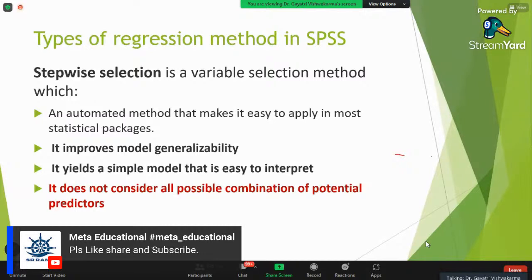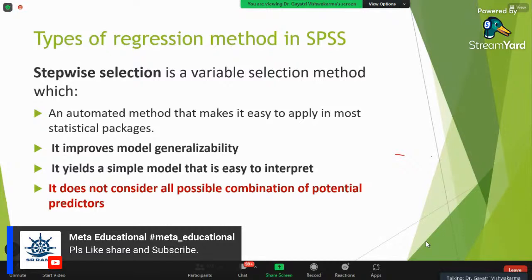It also yields a simple model that is easy to interpret, not a very complicated one. These are the pros, but what are the cons? It does not consider all possible combinations of potential predictors, because it's a machine, a system. It will just do the mathematics and give you the model.